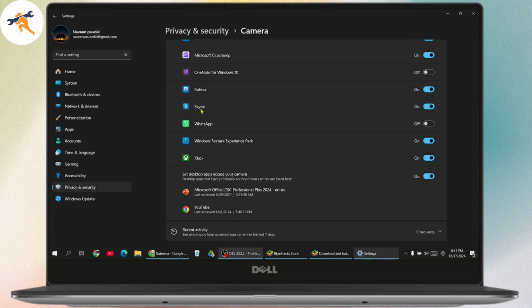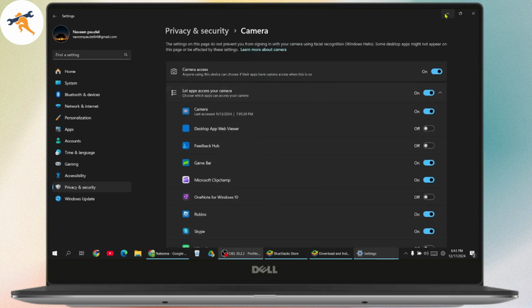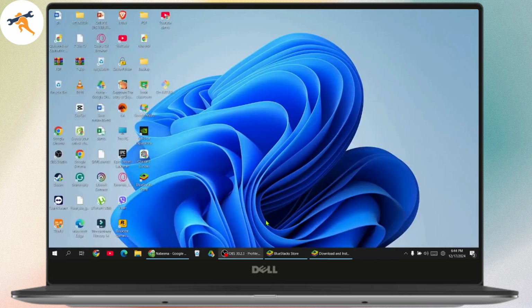Here you will have your Skype, and make sure that you turn on the camera for Skype, because if you have not turned it on, then you won't allow the video call. So make sure that it is turned on. But if this doesn't fix your problem, then you just need to simply go with the next step, which is